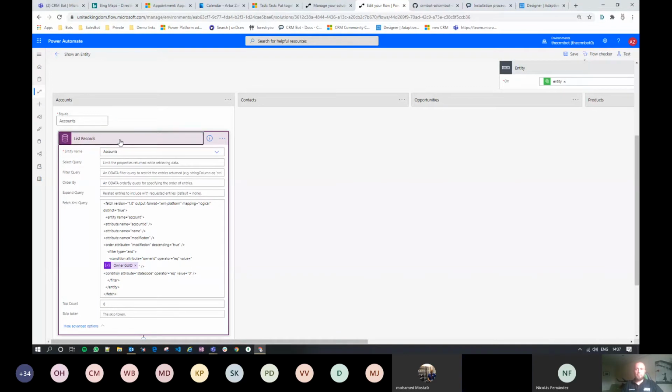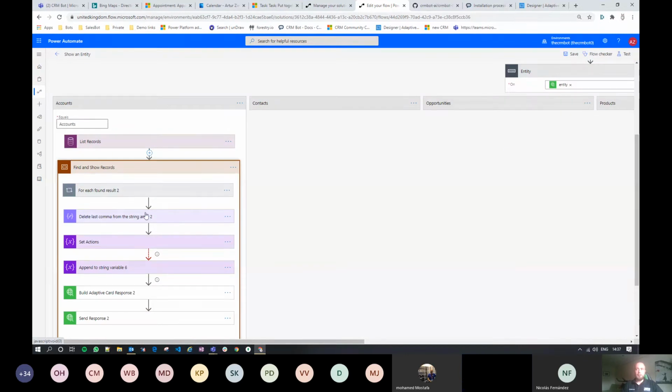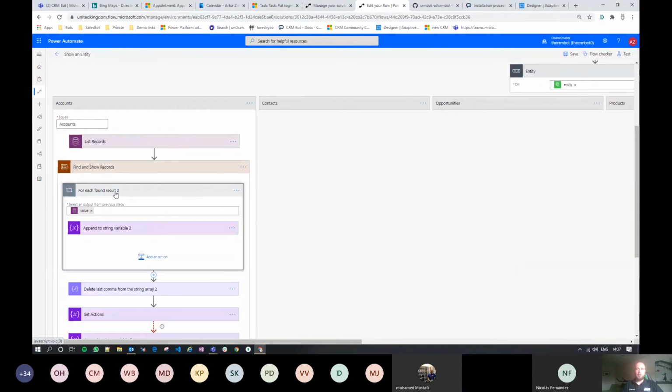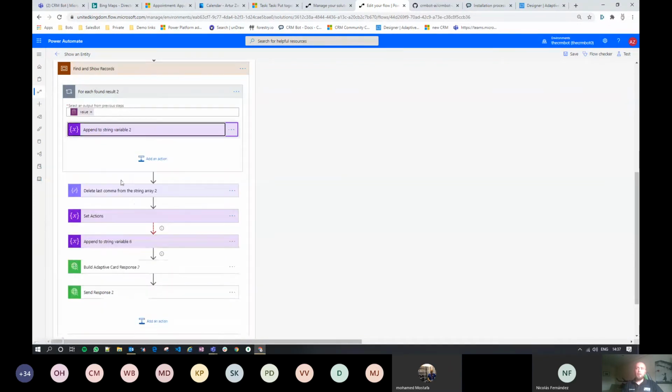And then you've got the entire process of building an adaptive card, and this gets really complicated. For each result, we're building this sort of JSON object. We then have to delete the last comma because, well, it's a long story, but we're using something called string array, and we have to cater for the situation.